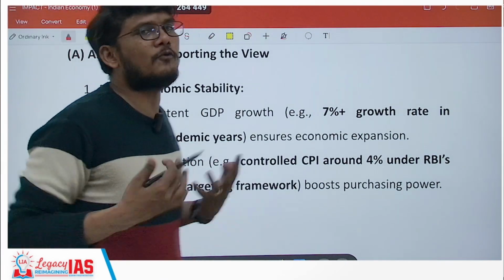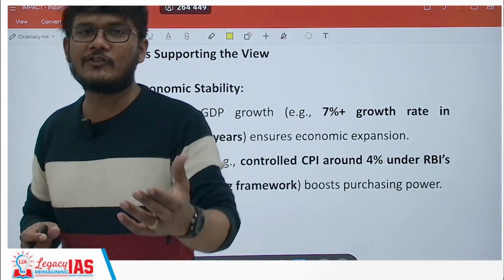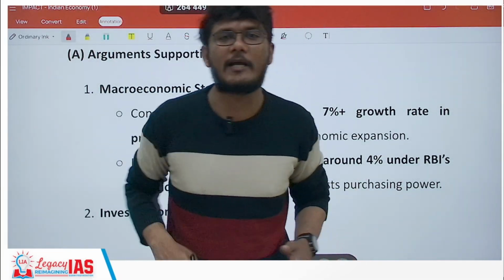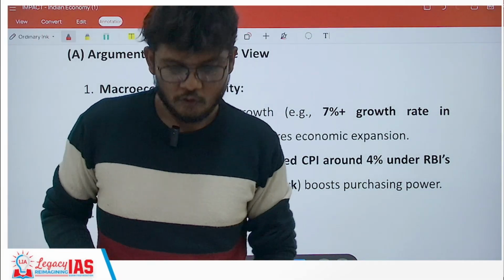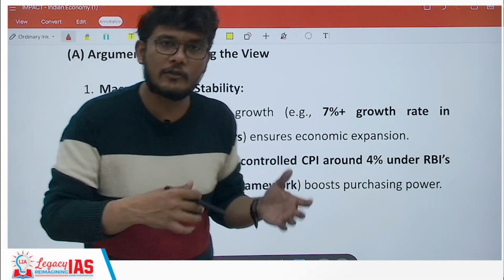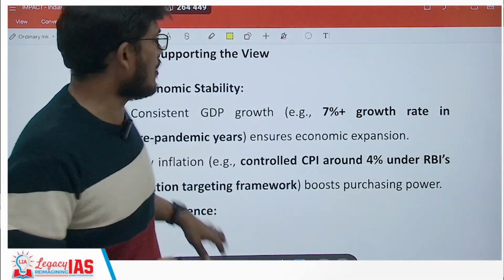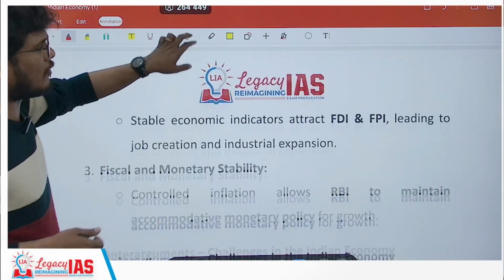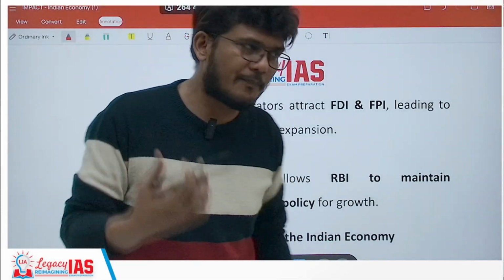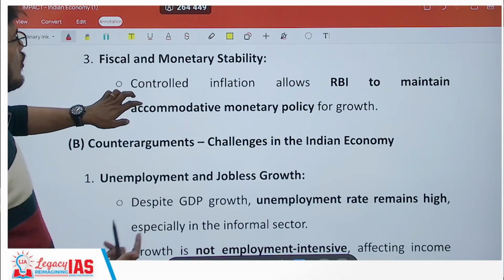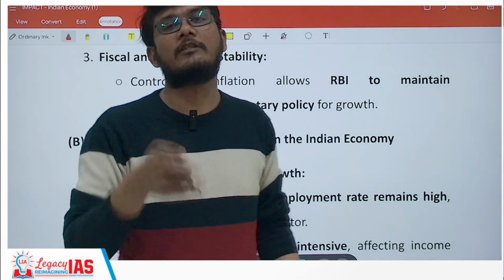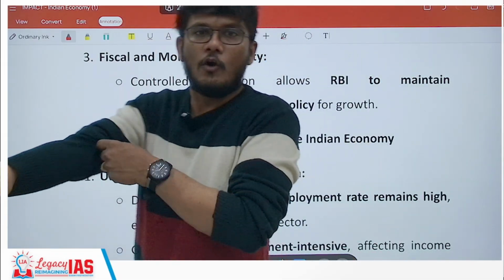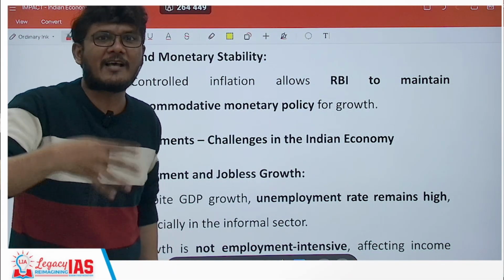Of course, supporting the view is the major thing we have to do over here. Now, since they have asked you, it is not necessary that you take this side. You can majorly disagree also. So you need to have the economics knowledge to understand which side you should fall on more. So macroeconomic stability, consistent stability is there, investor confidence is there, low inflation, things are cheaper as well. Inclusive growth is also there, which is leading to sustainable growth in the Indian economy. Remember the one question we did on inclusive growth and sustainability? Bring that into the picture. Low inflation is more inclusive for people because things are not that costly.